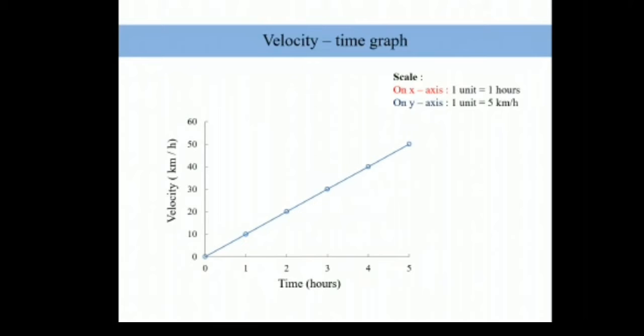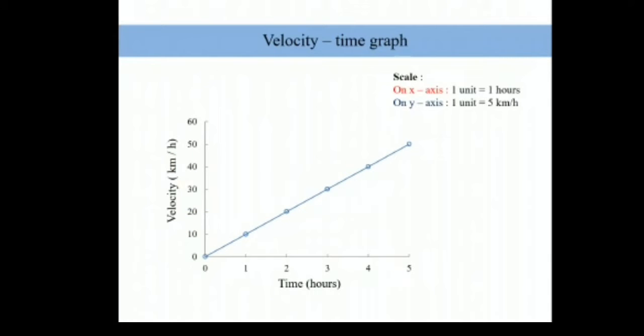Similarly on the y-axis, if we see the vertical line here, you can see the first value is 10. 10 plus 10 is 20. 20 plus 10 is 30. So every 1 unit here is equal to 5 kilometers per hour. Very bad, it should be 10. Very sorry for that. Here it should be equal to 10 kilometers per hour. Please do the correction. So 1 unit is equal to how much? Equal to the first value that we reach here. It should be 10 kilometers per hour.